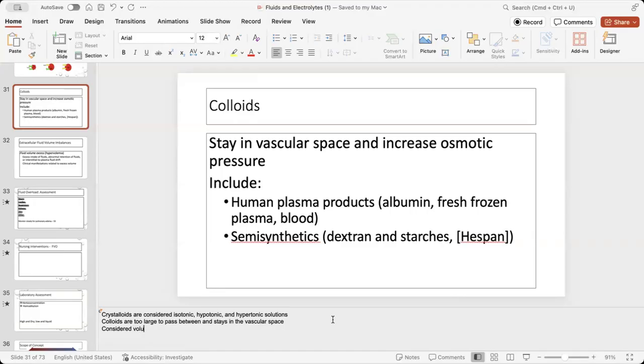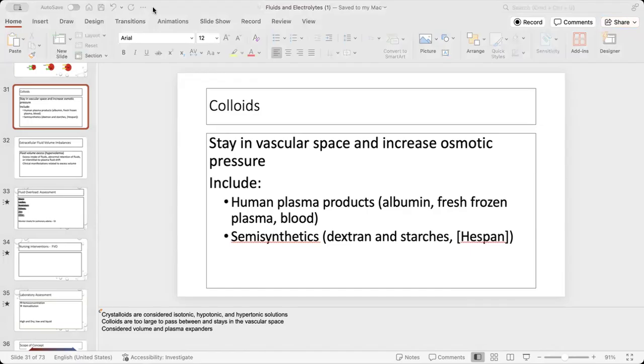So we talked about albumin, right? Albumin can hold fluid and increase the intravascular space. Okay. We can also do blood, we consider that. And then there's also some semi-synthetic, like dextran, Hespan. Those are also maybe out with paramedics, out in the field, military, right? Those medications can be given if a patient was bleeding, the patient had low blood volume, to help expand and increase that volume.